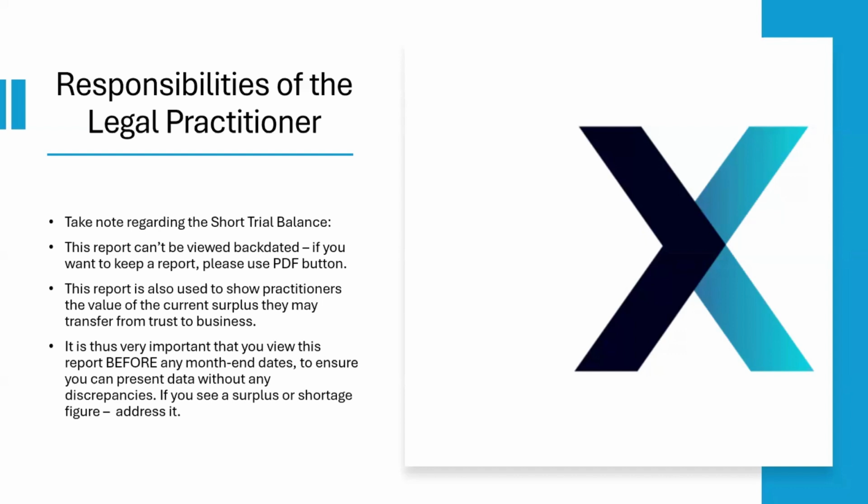Save it or print it and keep it in a file or electronically to make sure that you have that to jump back on and to view if you want to do that. But there is a full trial balance version with a date option, so it's not a necessity to put this into a PDF. You can view your full trial balance with a date option. The full trial balance just gives every single balance that you see there as a list of files. So it's bigger and bulkier.